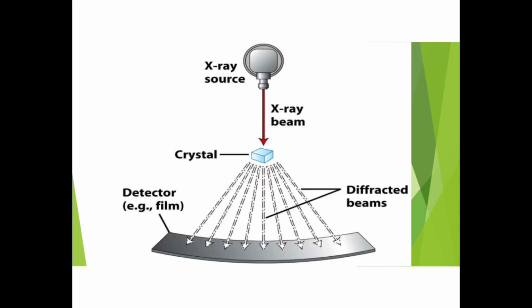Here is a diagram which helps you to understand single crystal X-ray diffraction. Here is the X-ray source from which the X-ray beams are produced and strike the single crystal, which results in the scattering of the X-rays, and finally different kinds of diffracted beams are shown on the detector or maybe film, which gives the different structural information.